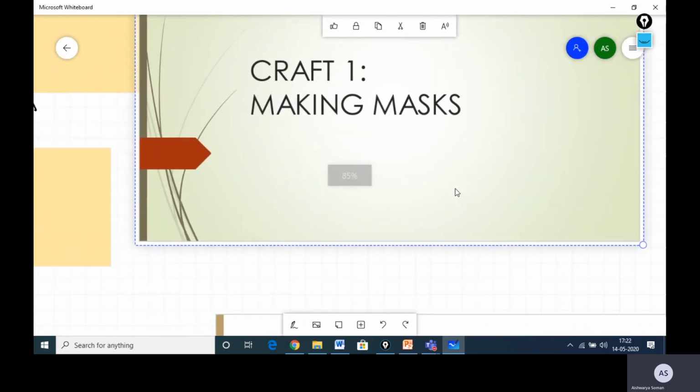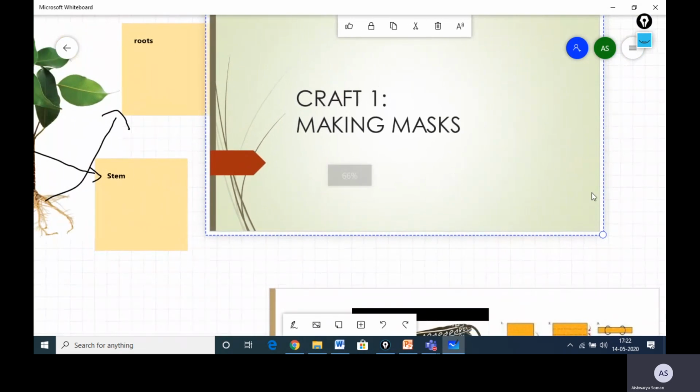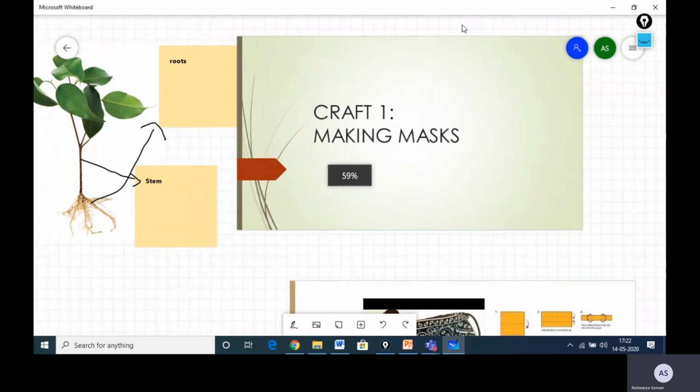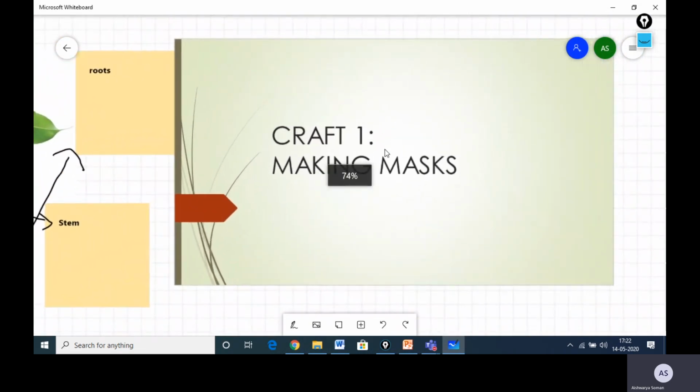You can make children collaborate here as well. If you're finding it difficult to draw it on the whiteboard, to create activities on the whiteboard, you can as well do it on the PPT, post it here and ask the students to collaborate. Again, you have to invite them to this workspace, and then they will be able to collaborate and do the activities.